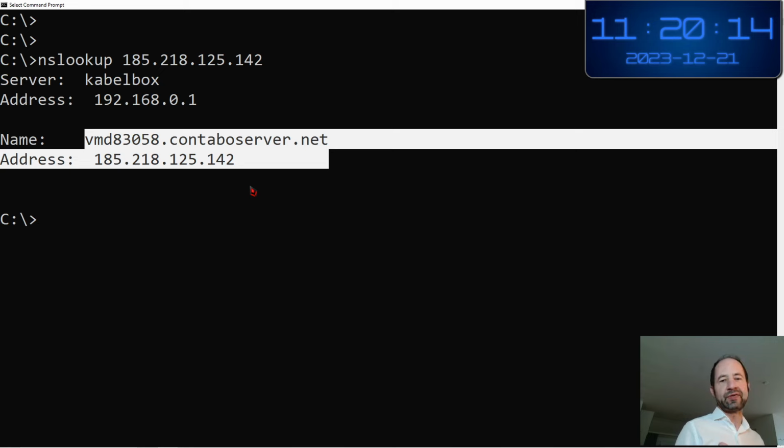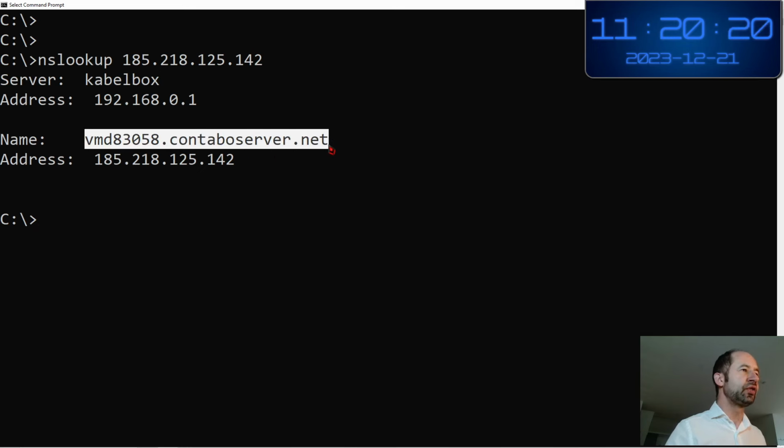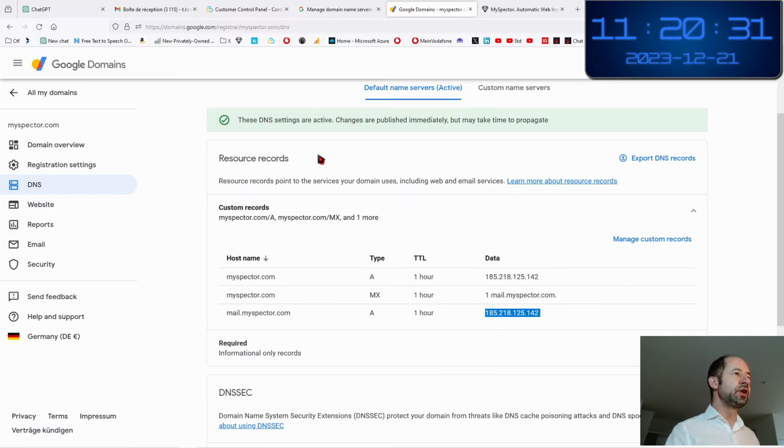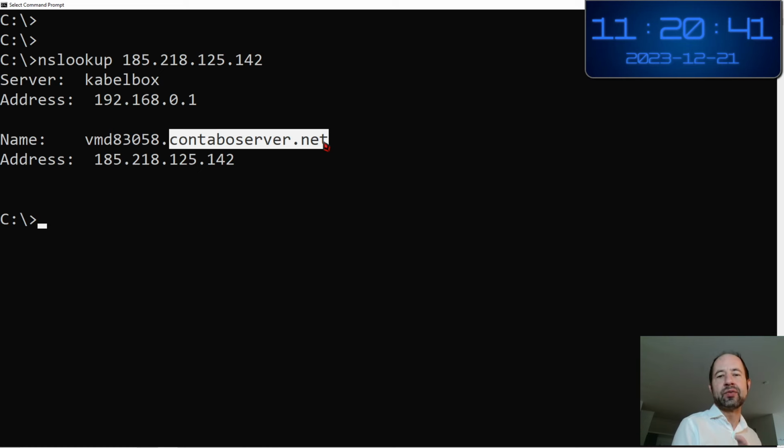And to do this, in fact, you see, I have a host where I have my server, and this PTR entry must be configured at the host level. I cannot, because you see here that there is an extension contaboserver.net. They are already doing some work, so I should not try to override.